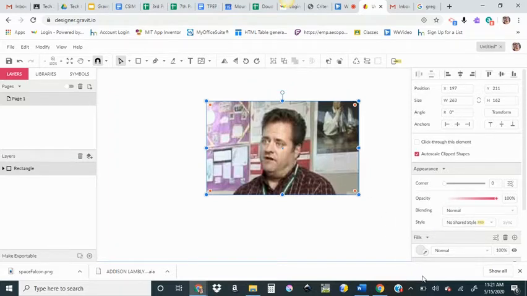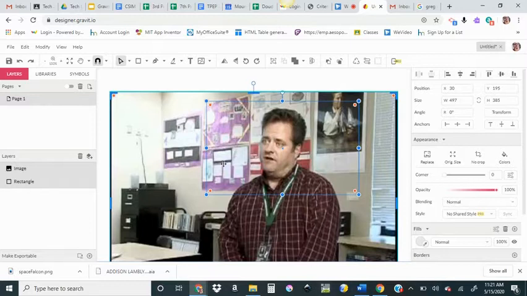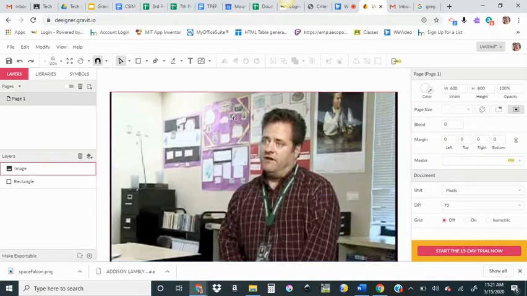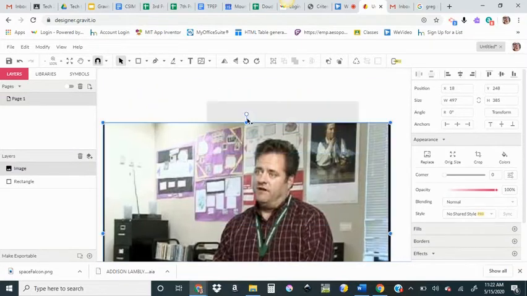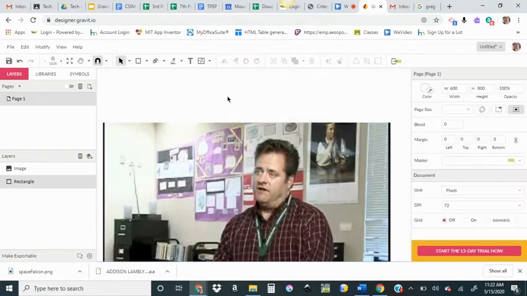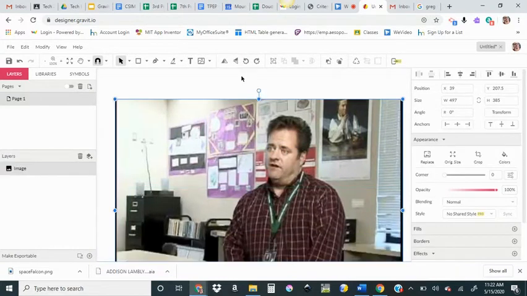Now I'm going to Control Z and undo it because the rectangle, that's kind of boring. So I'm going to click on my rectangle only, change to my normal pointer, and grab it like this. I want to get rid of that rectangle. I'm going to use a shape that's more interesting. I can do a circle or an ellipse. I can do a polygon. I can do a triangle. I can do a star. I can, in fact, do the star,